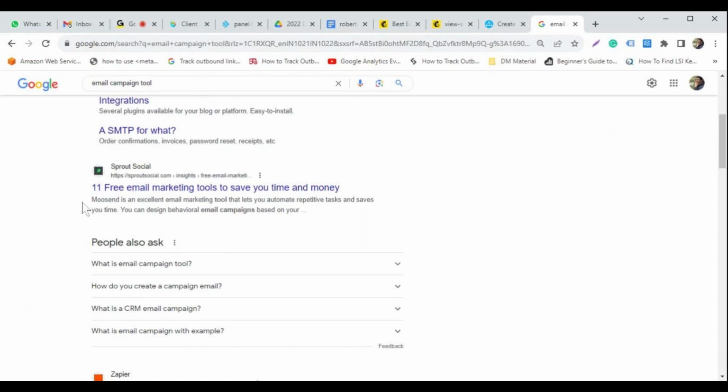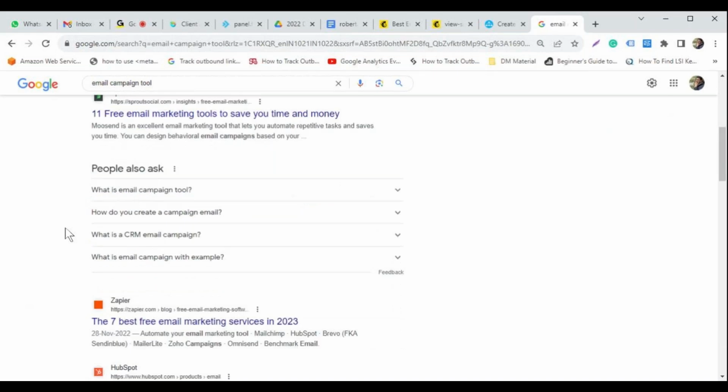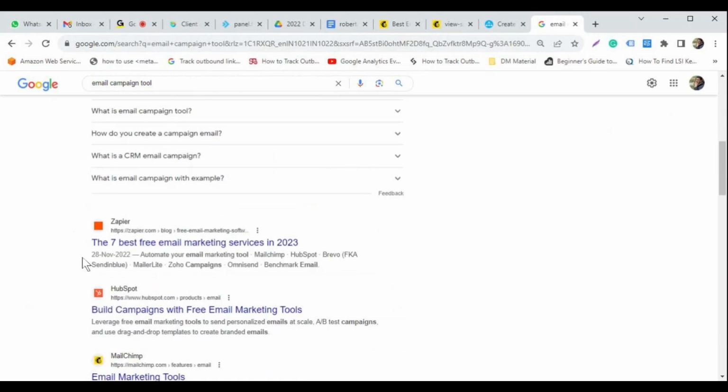Okay, so this is how we interact. Based on this, I'll click on it. Here, the third one says build campaign with free email marketing tools. This is the email marketing tools from HubSpot. I don't want to click on this, because here they are providing at least seven options